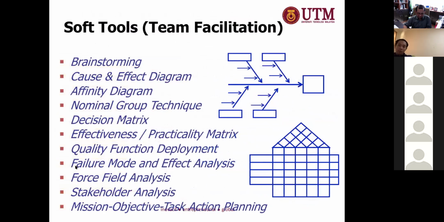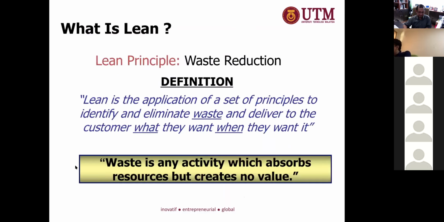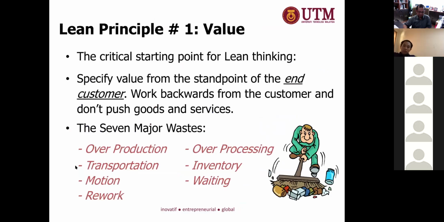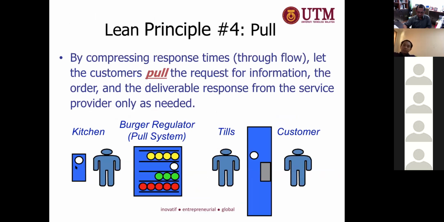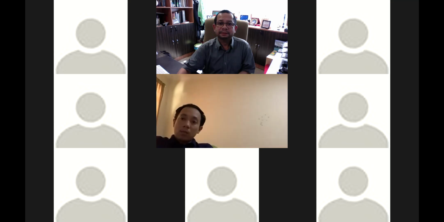This is among the Six Sigma activities. And this is a tool that we have used, and I think this is QFD. We learned yesterday the fishbone diagram, and so on. So everything we have learned in my class. These are graphical tools, data collection plan, hypothesis testing, correlation, design of experiments, control charts, and so on. Those are Lean Six Sigma. And this is about Lean. I think I've covered Lean before. So I think I have done for